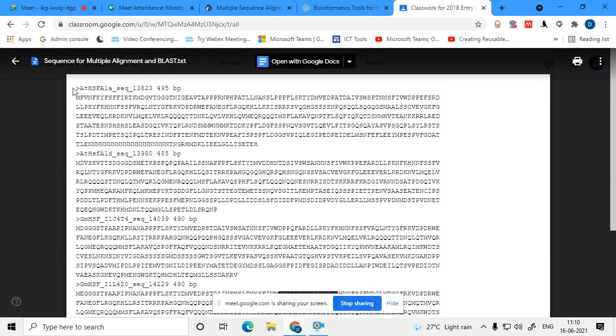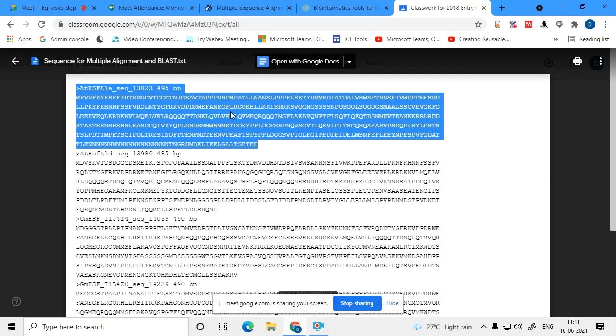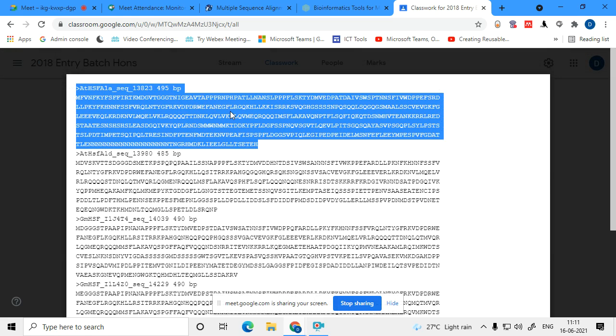This type of sequence with a greater than sign, then a name, and from the next line the sequence, and it ends over here. This is a FASTA format sequence of AT-HSF A1A.